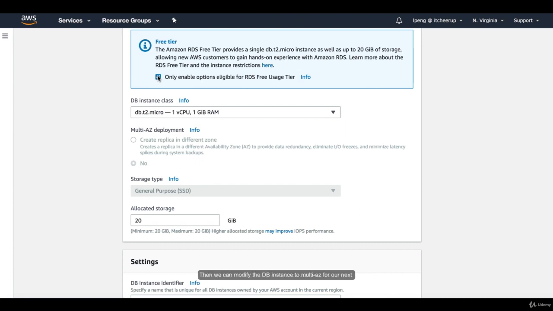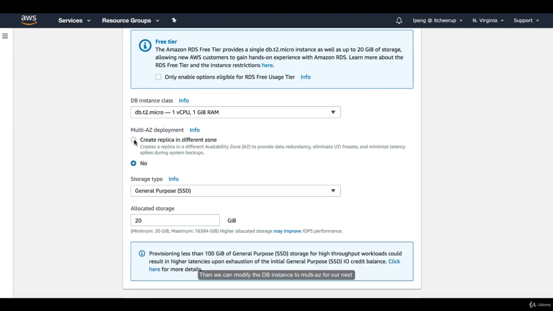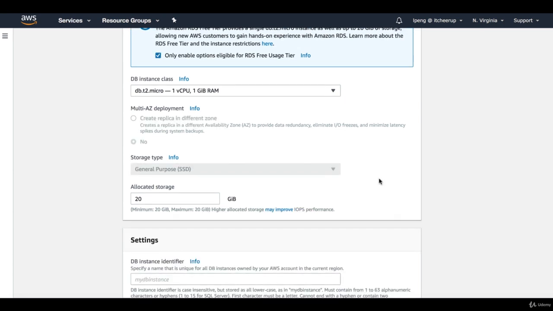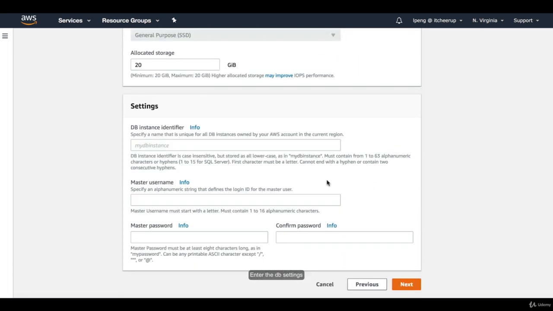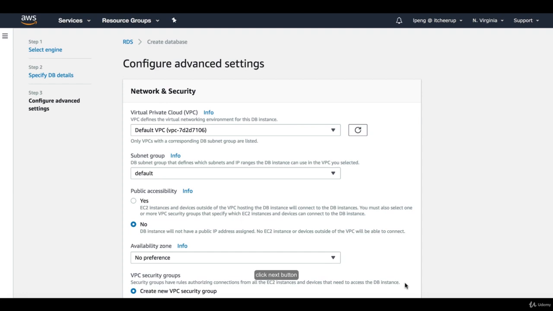Then we can modify the DB instance to multi-AZ for our next failover test. Enter the DB settings, enter the DB instance identifier, and give the master username and password to log into the database. Click the Next button